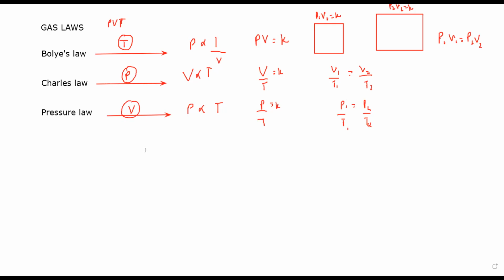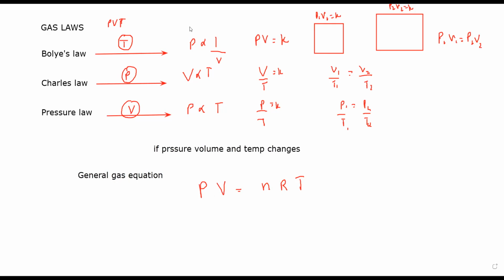But if pressure, volume, and temperature all change, in that case we cannot use these laws. So we use the general gas law, and using that law we derive an equation which is known as the general gas equation. According to this general gas equation, PV equals nRT,